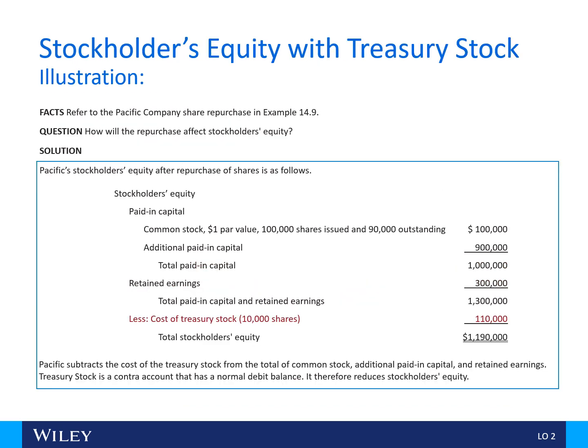Okay, so here you're seeing what that contra equity account would look like. Okay, so it gives you here paid in capital, retained earnings before treasury stock, less treasury stock. So again, contra equity, and that's going to get you down to total stockholders' equity of 1.1 million 90. So again, to make sure we understand, treasury stock is similar to an investment that they would have been buying from another company, but if they're buying their own shares, it doesn't sit in the asset section, it's going to sit in the equity section.